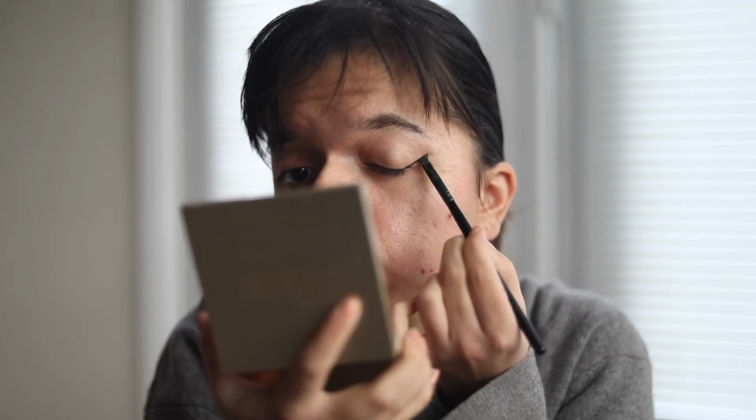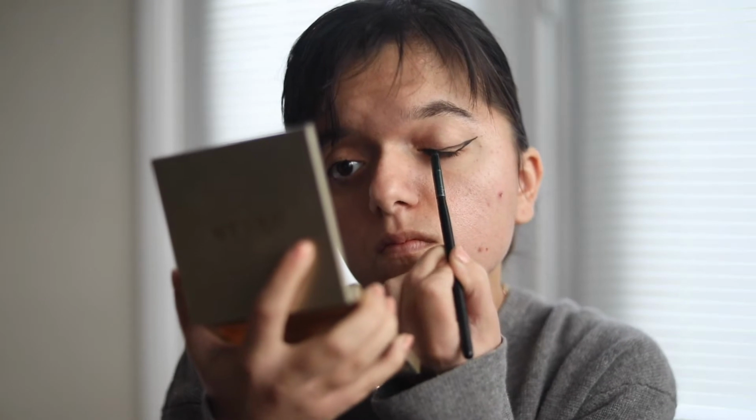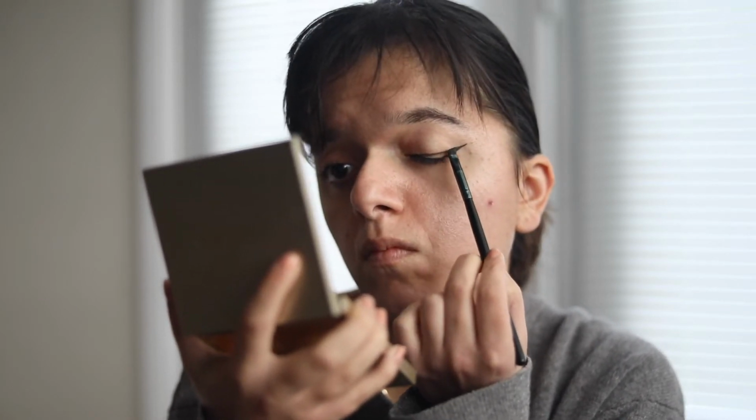So I'm just going to take you through the order of how I do my face when I get ready in the morning. This usually takes less than 10 minutes, but I started off by applying the Maybelline New York Eye Studio Gel Liner onto my eyelids, and I trace an outline of a wing. I have used this for ages and I'm actually almost out of it, but I